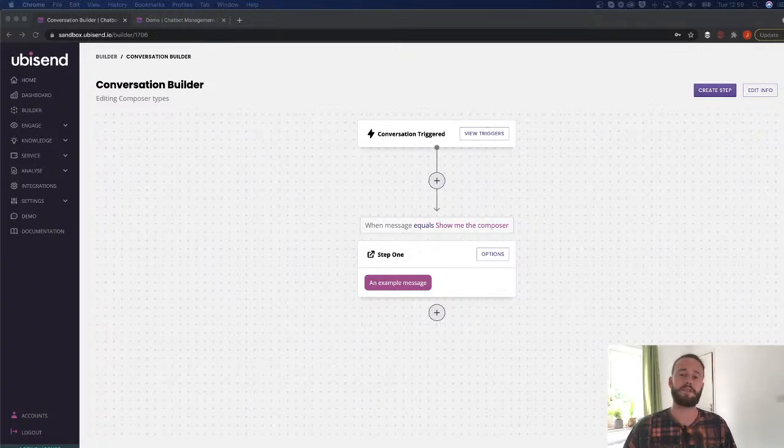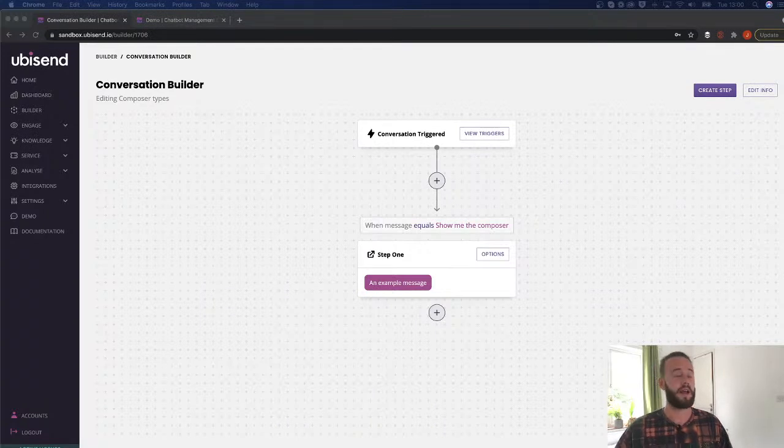If you're new to the live streams, a Chatbot Deep Dive live stream is where we look at a specific chatbot feature and talk through the different use cases, how you can set it up within ubisend, and a little bit of the theory behind it as well when applicable. As I show you the different features, you can follow along at home, create your own chatbots using the features I'm discussing, or gain some inspiration for any chatbot builds that you are working on